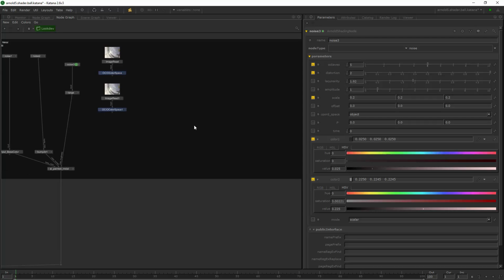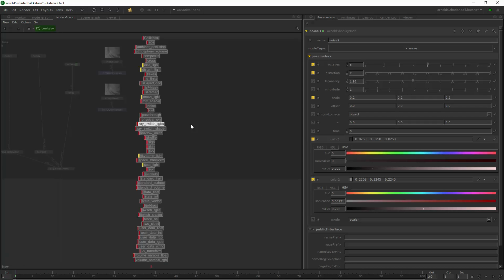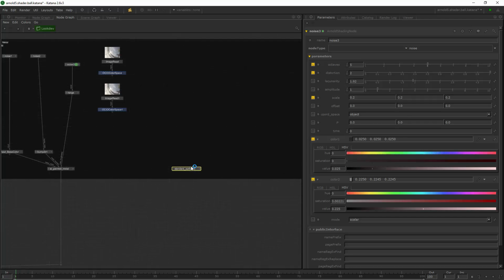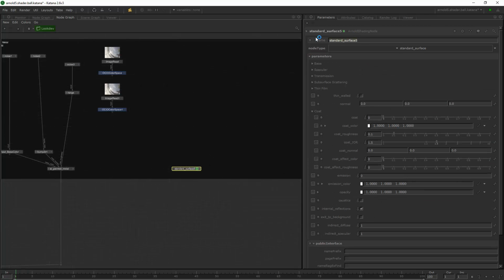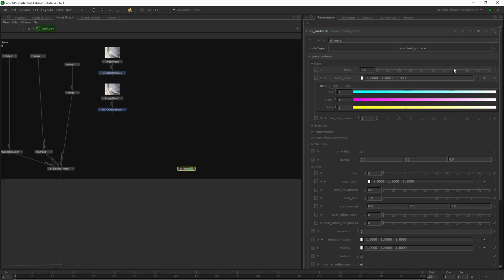And now I will create another surface shader. This will be called AI metal. This could actually be a rust shader as well, but for now I'll just create like an iron metal, a bit rusty, or just actually a bit darker iron values. So